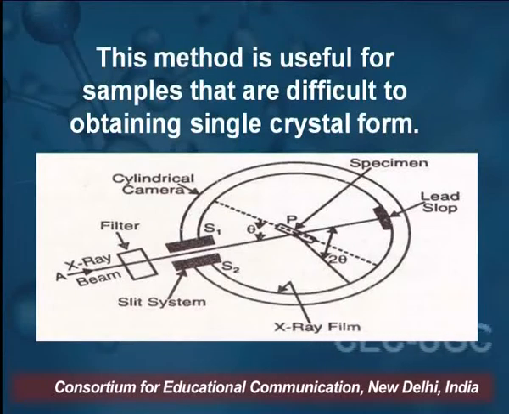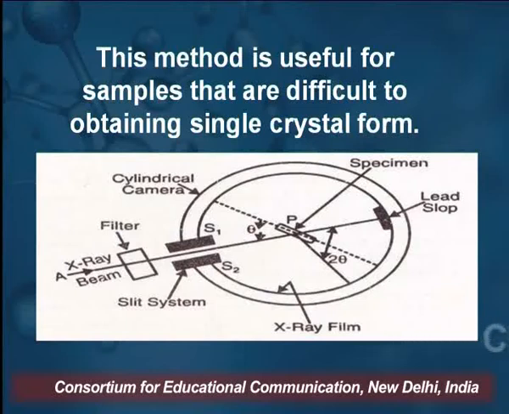That crystal is in the chamber, and this chamber is the rotating chamber, and P represents the plate where the specimen is placed, where we put the powder. The cylindrical camera is on the sides of the cylindrical roll, and that records the